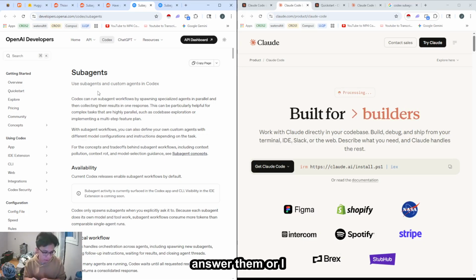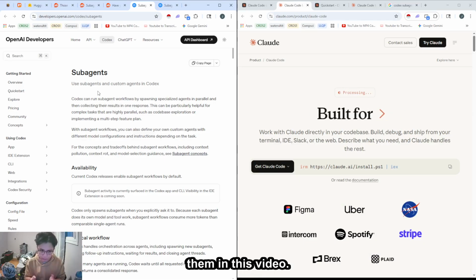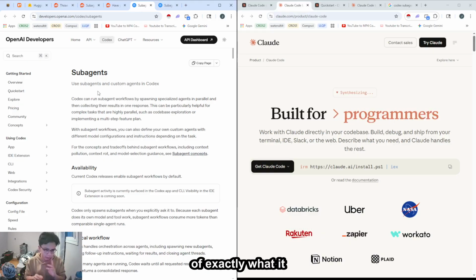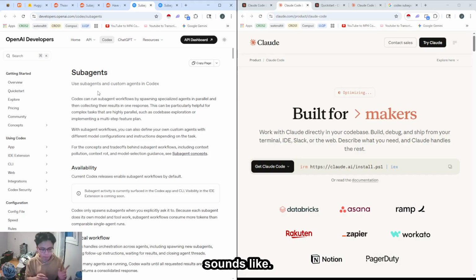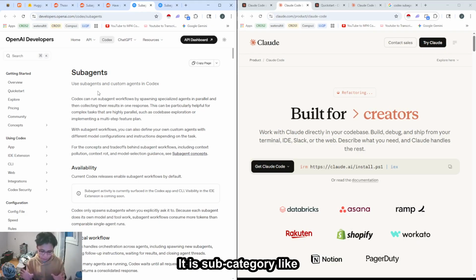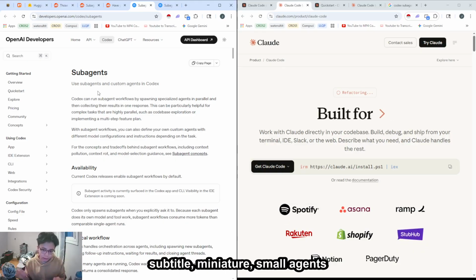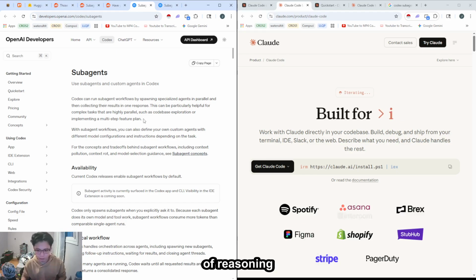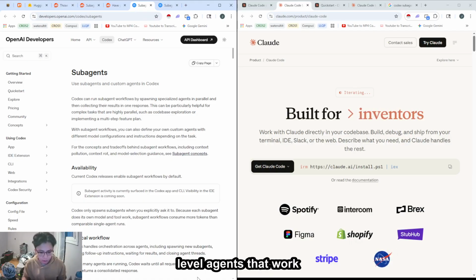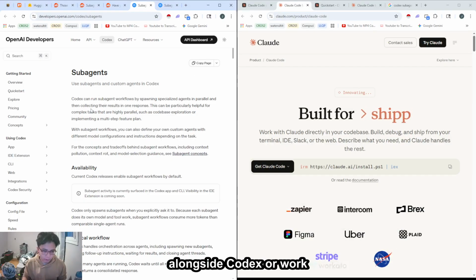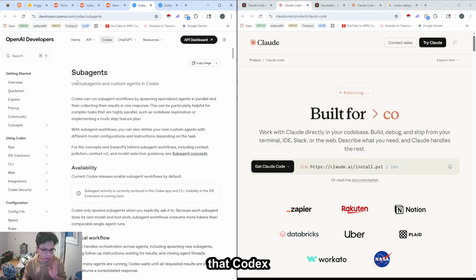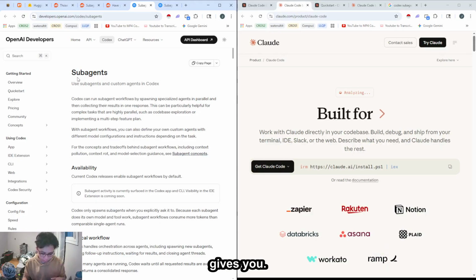Now, subagents are kind of exactly what it sounds like. They are miniature, smaller agents, or equivalent in terms of reasoning level agents, that work alongside the primary model that Codex gives you. Basically, that means instead of the usual single agent that's working on everything at once,